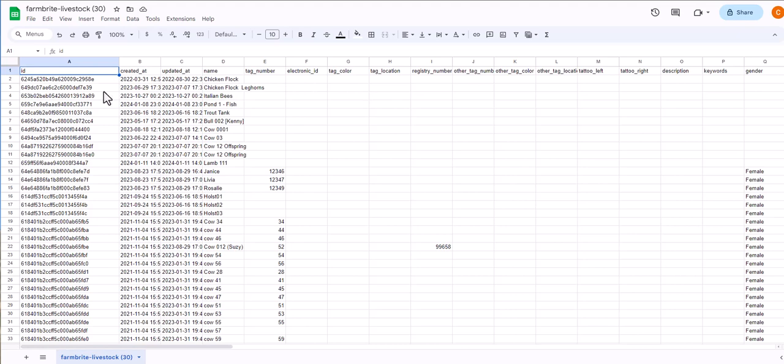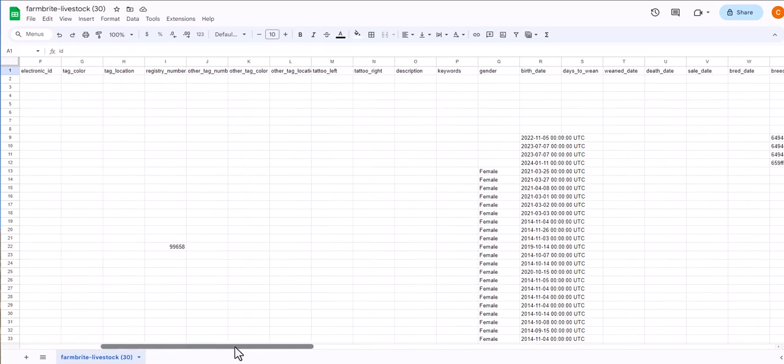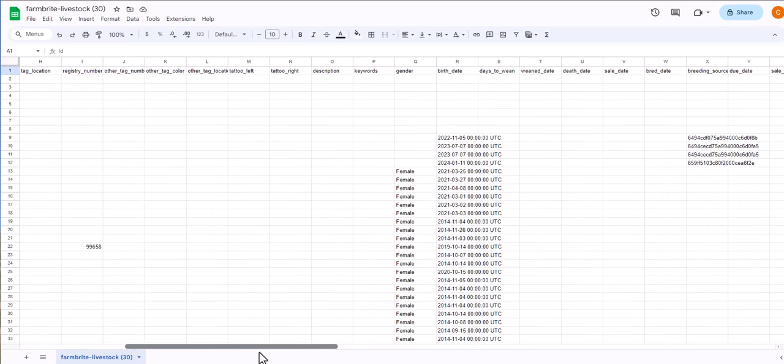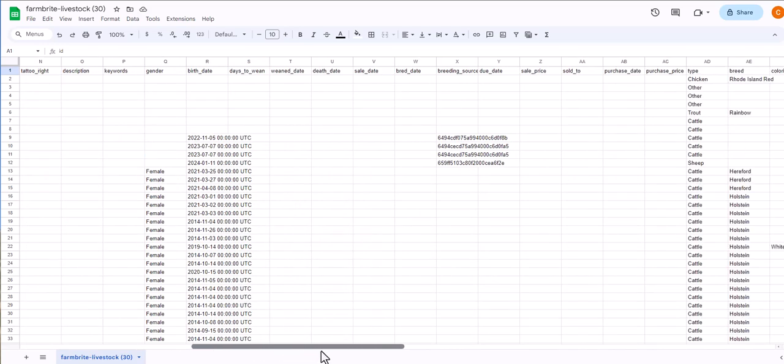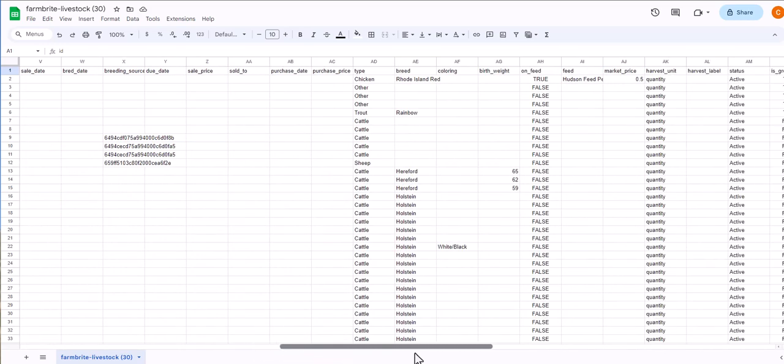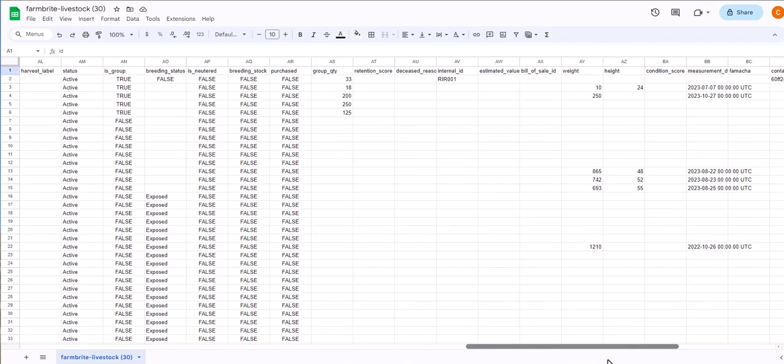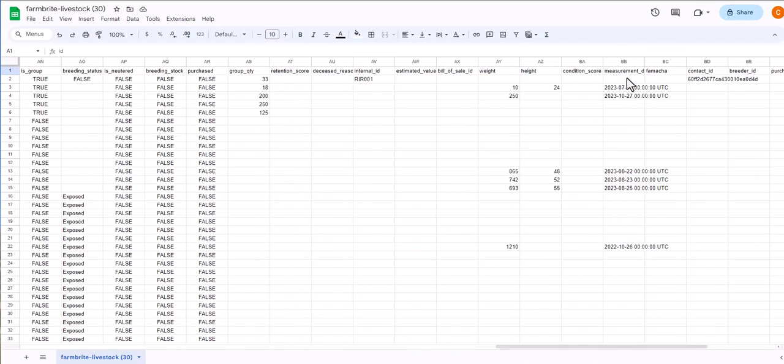But this ID is kind of like the key so that Farmbrite knows the measurement you're going to import is associated with that animal. And we could update any of the fields that are listed on this sheet. You can see all of the columns here showing you lots of different data for this animal. And as I scroll to the right, we're going to find the measurement fields: measurement date, condition score, weight, height,